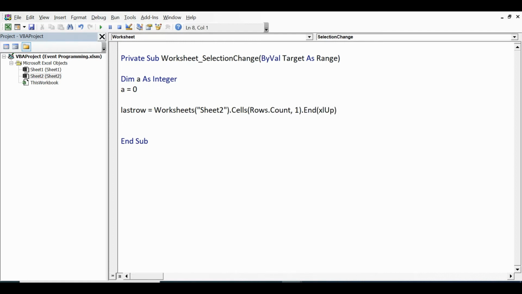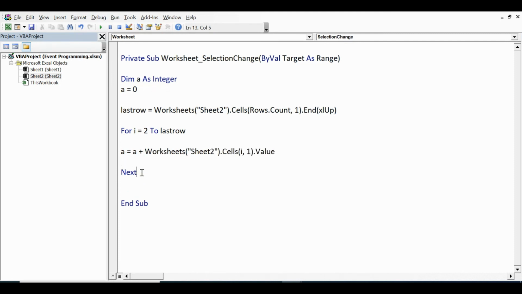This will check the last filled cell in column A, and then I'll use one For loop, for i = 2 to lastrow. Next, and within the For loop I'll write a = a + Worksheets("Sheet2").Cells(i, 1).Value.